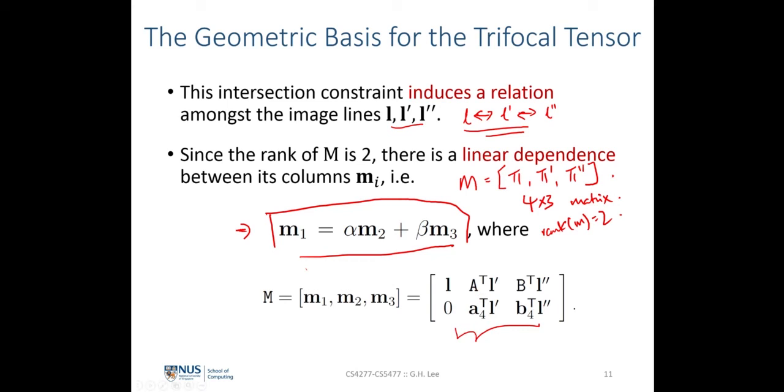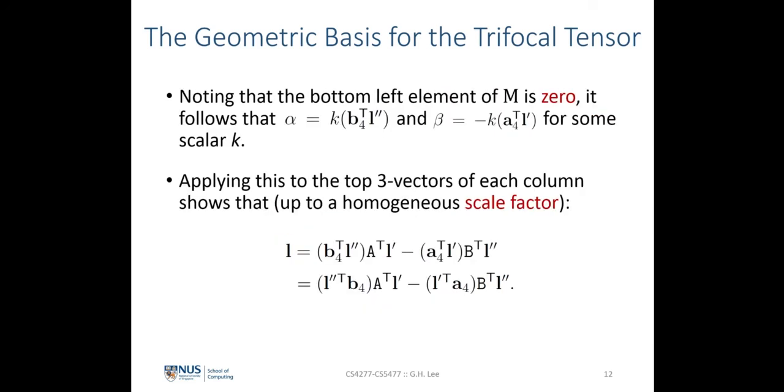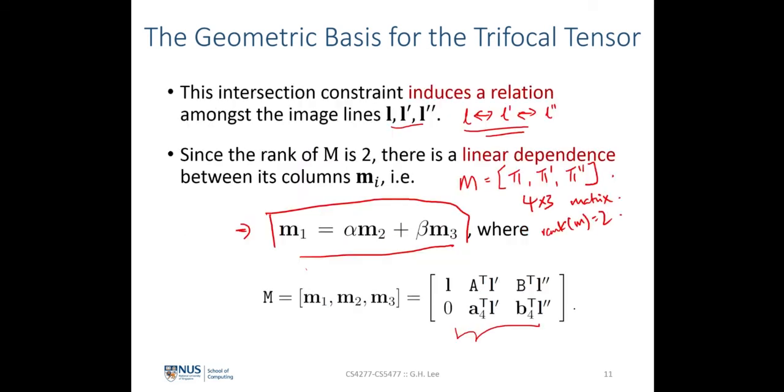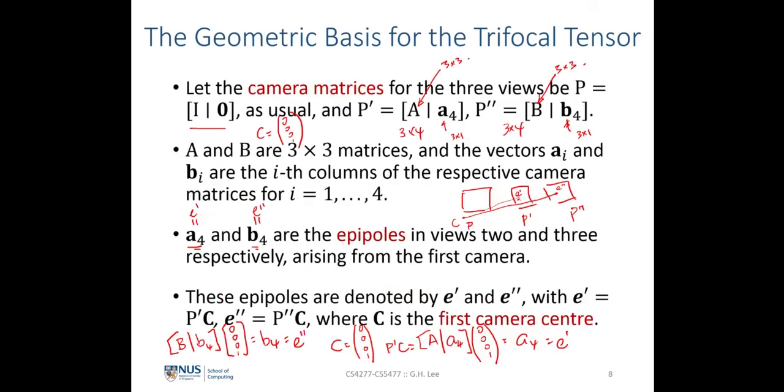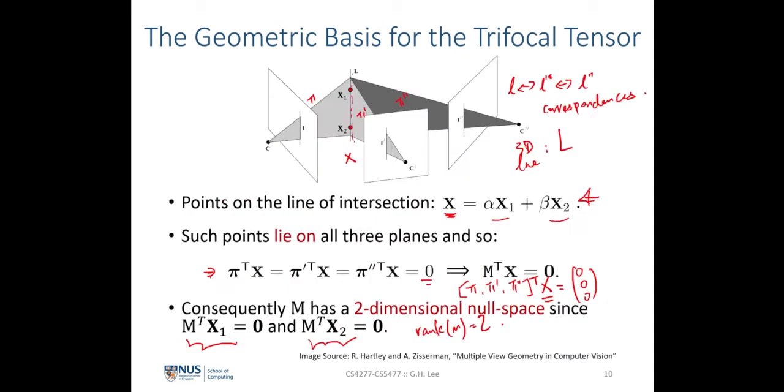Now, if we were to plug this back into the equation, we can derive some meaningful constraints, and we'll see that in the following slide. Before we do that, one particular observation from the 4 by 3 matrix that we have seen earlier is that there's a specific number here which is always 0. It's always 0 due to the canonical representation of our first camera matrix, which is identity and 0,